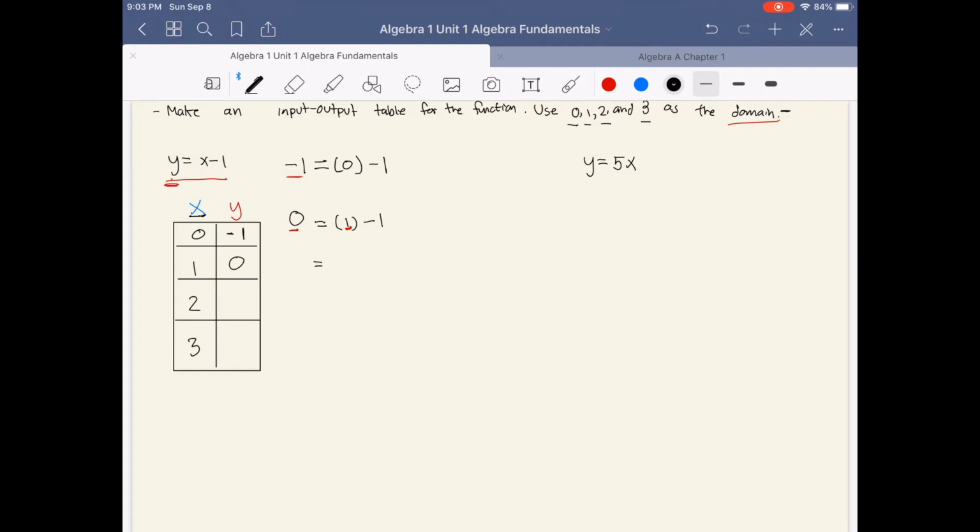So you're replacing x with 2 this time, 2 minus 1 gives you 1. Okay, so in the y, you're putting 1 next to 2. Alright, next one. You're replacing the last x with 3, and 3 minus 1 gives you 2. And you're putting 2 next to 3 in the table. Okay,